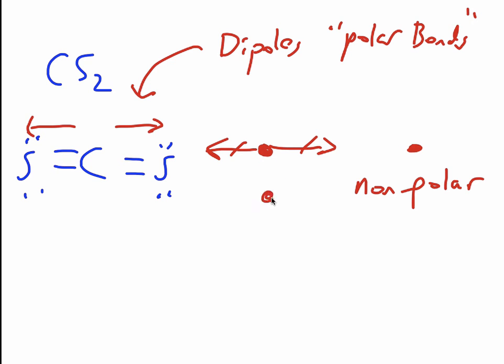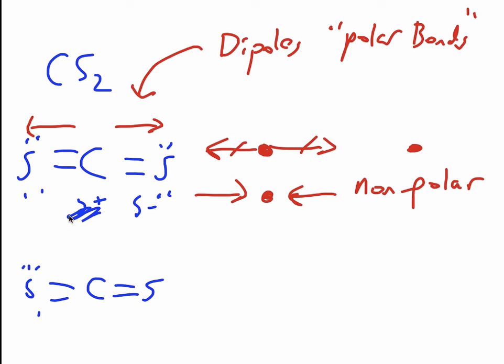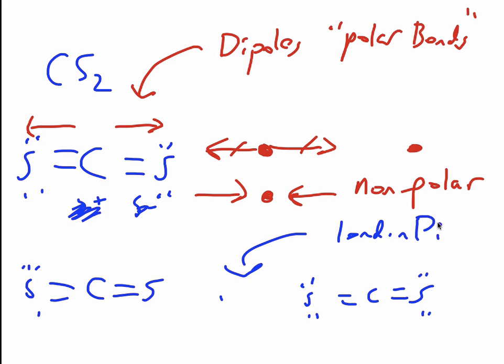Okay, so this would be the same thing if these were heading in, as long as there's equal force in opposite directions. So what's this going to look like? Well, it's going to be very similar. You do not draw the partial charges. Even though there's technically a partial negative here and a partial positive here, we don't draw them because they're canceled. So we just draw these really far away from each other. Sometimes I like to draw, we don't even need to put anything in there. And that region in between is called a London dispersion intermolecular force. So it's an intermolecular force that we really don't see, and because we don't, much like nitrogen, it tends to be